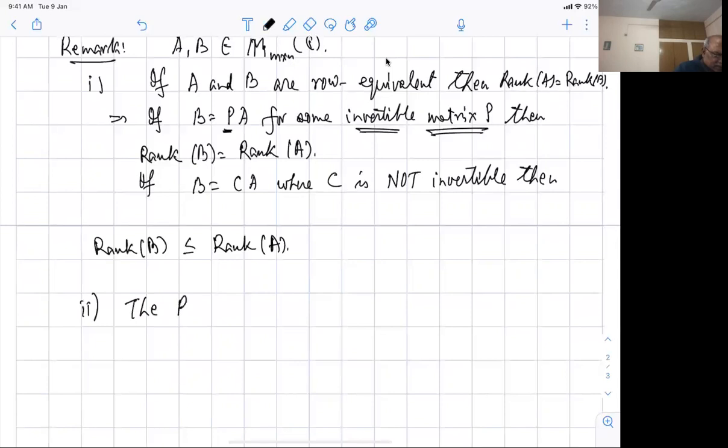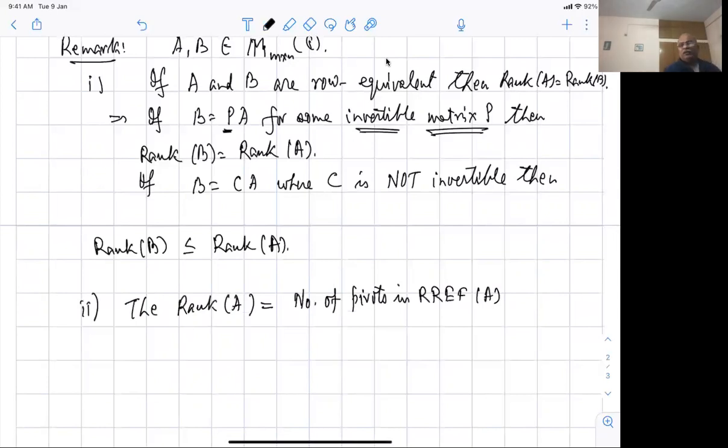the rank of A, we wrote it as the number of pivots in RREF of A. But note that when I compute RREF and the row equivalent form, all right, the number of pivots do not change, all right. Number of pivots in REF of A, all right. So because I just want to know the number of pivots, fine. I could not have defined the rank in terms of number of pivots unless I prove that all of us get the same matrix. All right.